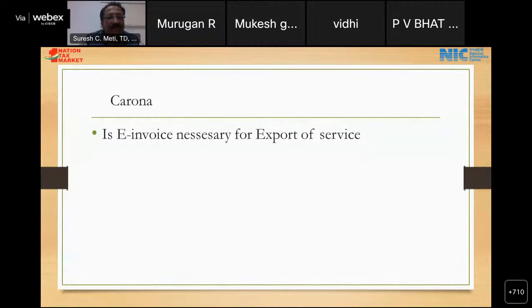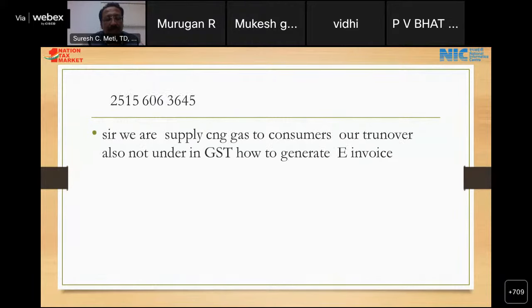Then finally, this is available even for export of services. E-invoice is mandatory, so you have to take this and do it. Meantime, before we go into the other questions,